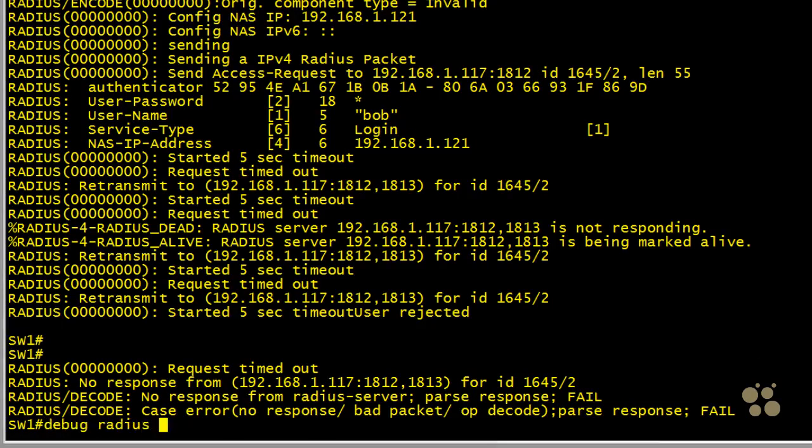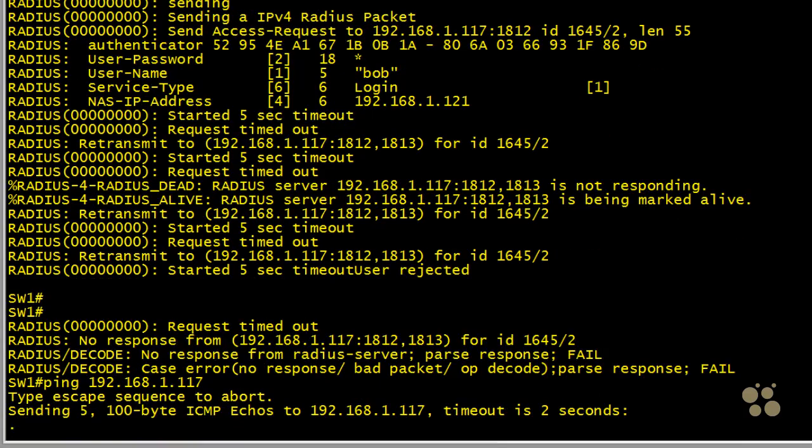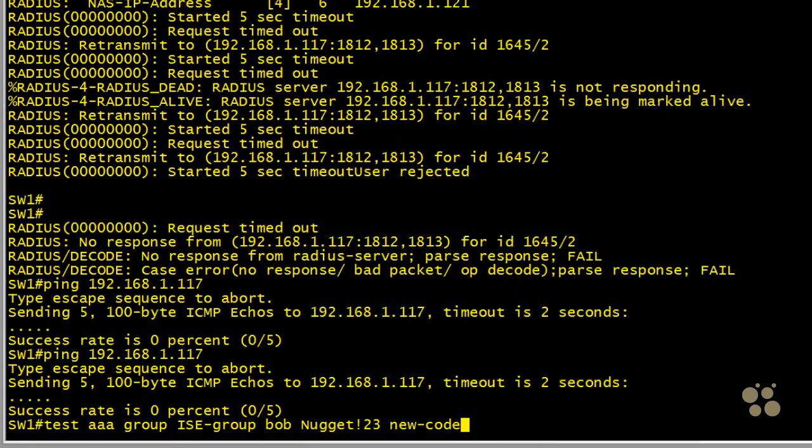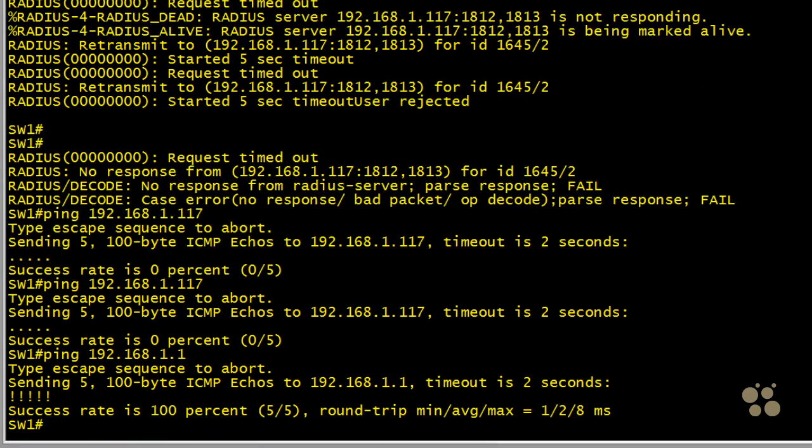Let me try a ping one more time. Hit the up arrow key a few times. Yeah, look at that. I honestly don't know where that is. This is a very small lab environment. It's in the other room. I'll have to go check it out. However, because our basic connectivity is failing, it's also causing our test to fail. So let's go ahead and ping our default gateway, just to verify we have connectivity to something